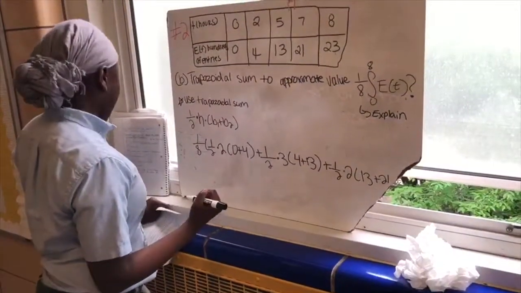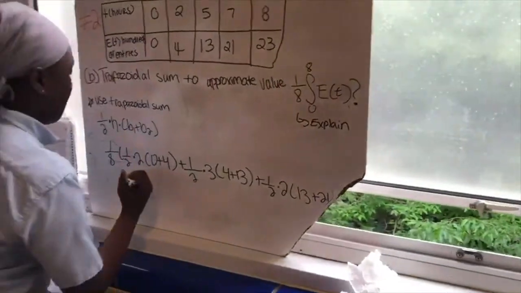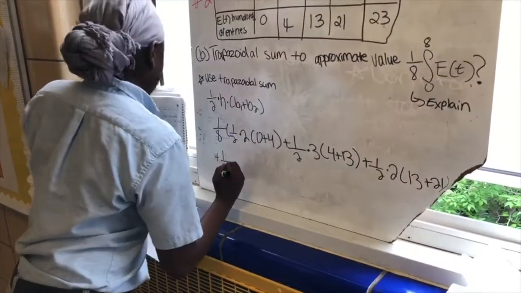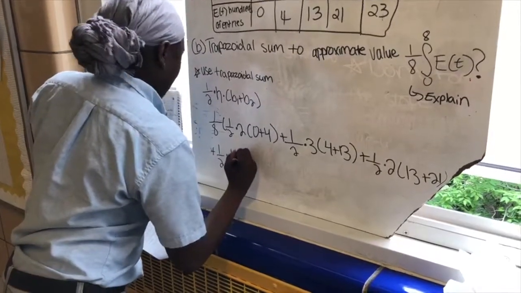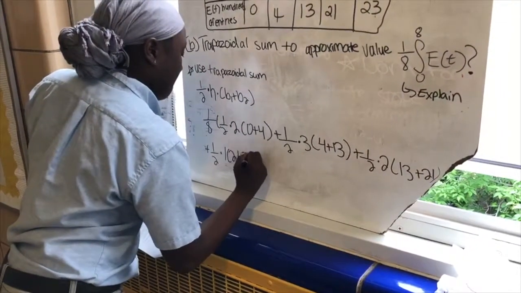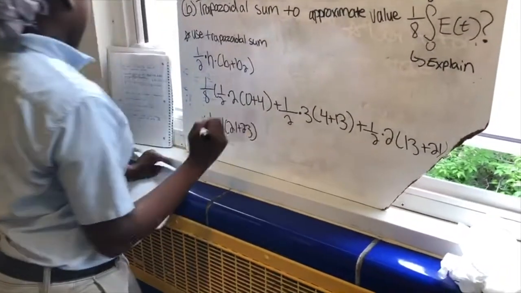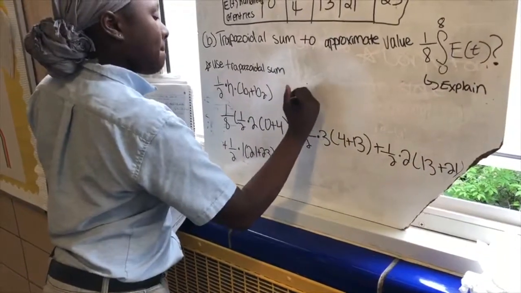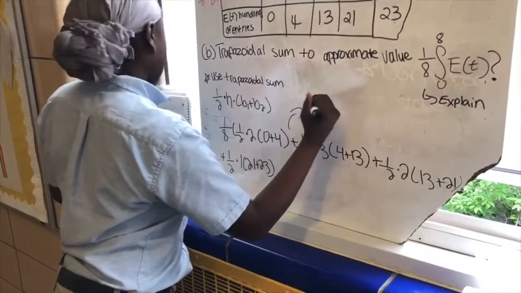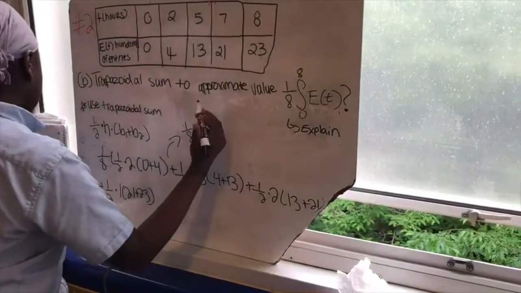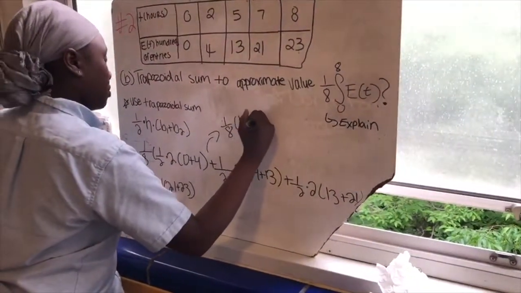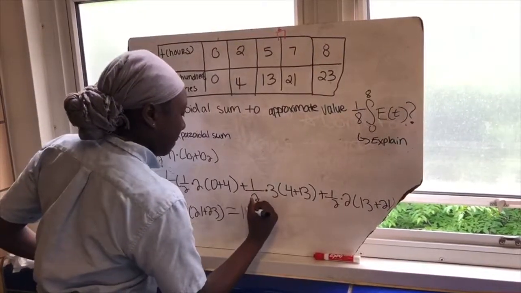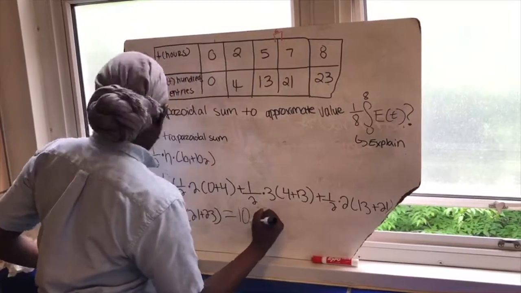So I'm going to do 1/8 times parentheses: 1/2 times 2 times (0 plus 4), close the parentheses, plus 1/2 times 3 times (4 plus 13), close the parentheses, plus 1/2 times 2 times (13 plus 21), close the parentheses, and then you add another 1/2 times 2 times (21 plus 23). When you add all those up, you get